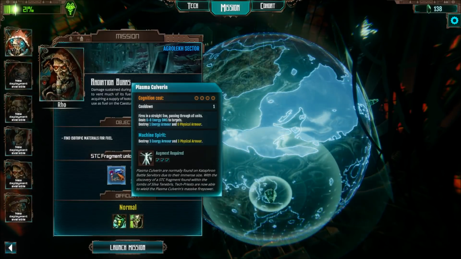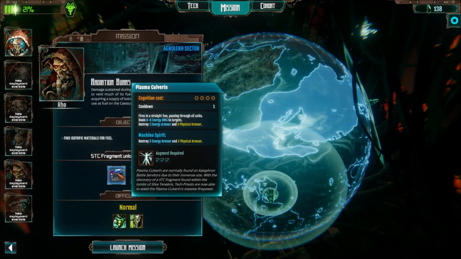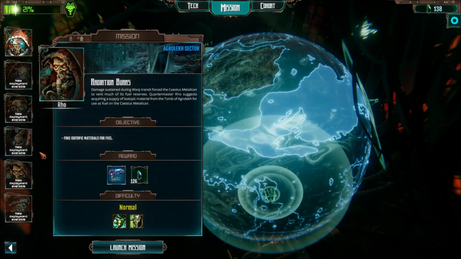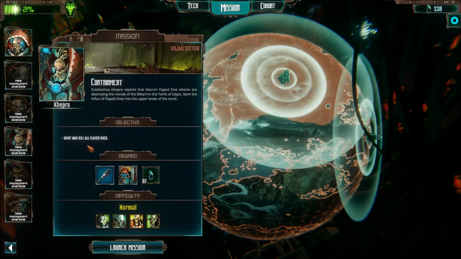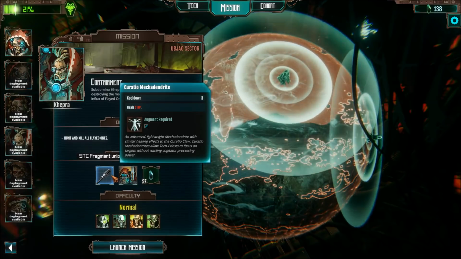But the rewards aren't that interesting to me. This Plasma Culverin is a good gun, but it's really expensive to fire, almost too expensive. And we already have a few guns like that. So rather than just picking up another weapon we probably won't even deploy, I thought it might be a little bit wiser to go with Kepra's mission, which looks to be considerably more difficult, but it comes with this Curatio